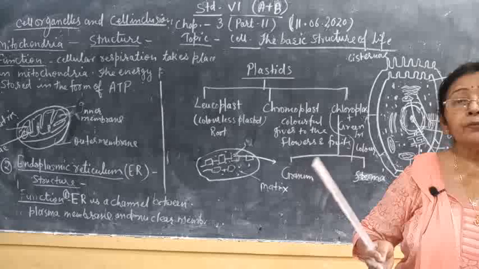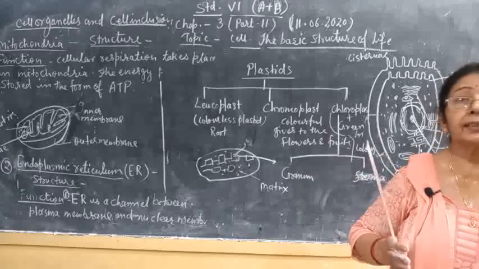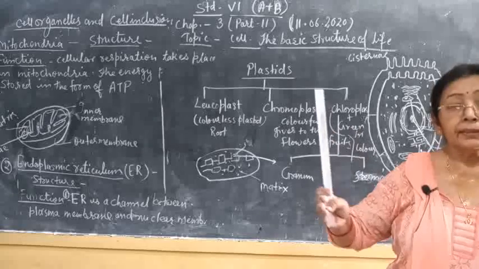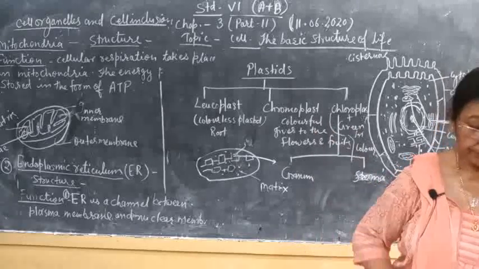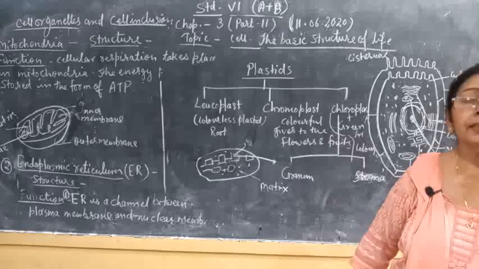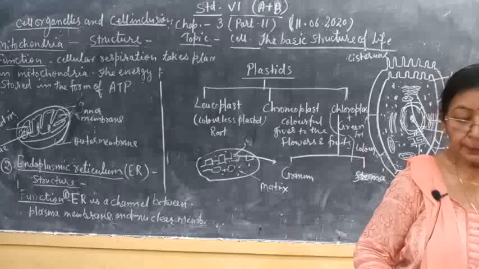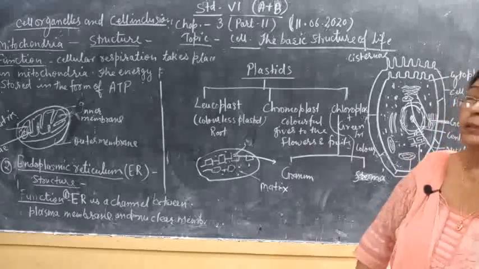Turgidity means that if a vacuole is present in the cell, it keeps the cell turgid and tight. It also stores dissolved substances such as sugar and minerals. Here your chapter is finished.